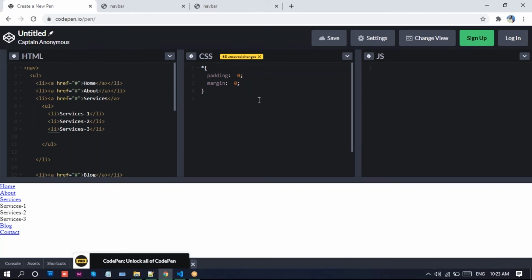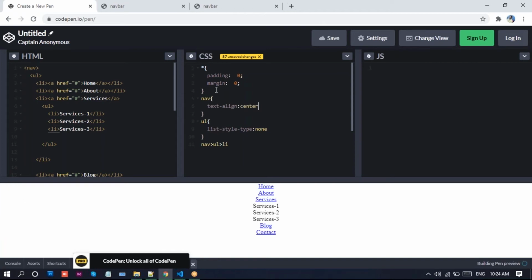Next, we need to style this. I'll take the UL tag and, for the UL, set list-style-type none. Before selecting the UL and LI with the child selector, for the nav we write text-align center.